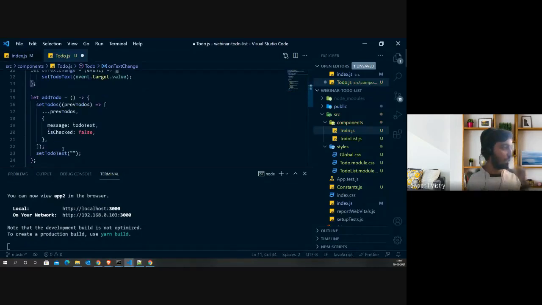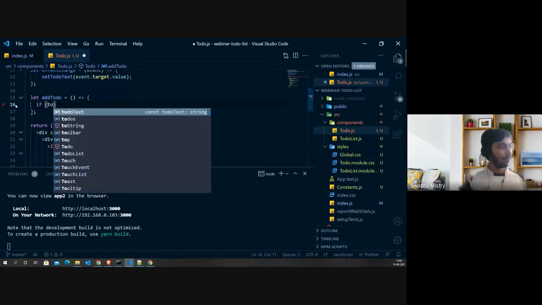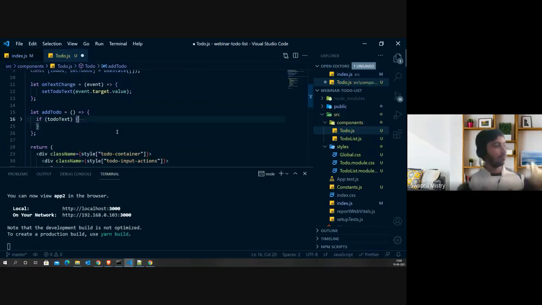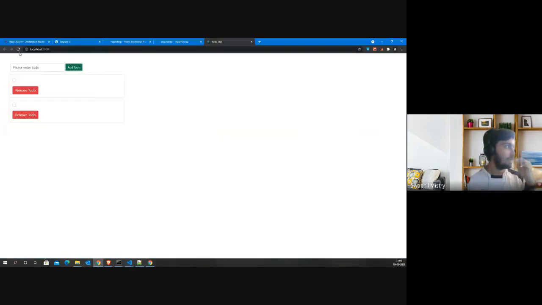We need to do this when we are adding a to-do. So if to-do text, then only do something. Okay. So if to-do text is there, then do something. Else don't do anything. So now it should not add.